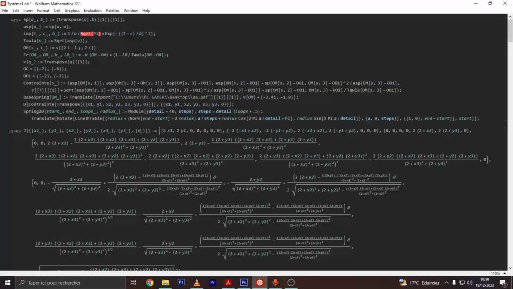So that's why I defined this impulse. Now this is Tawla of v. In my language it means the length of the vector v, and it's equal to the square root of the autoscalar product of v with itself. It's by definition this. I mean, this is the length of a vector. Now I didn't use length because it's